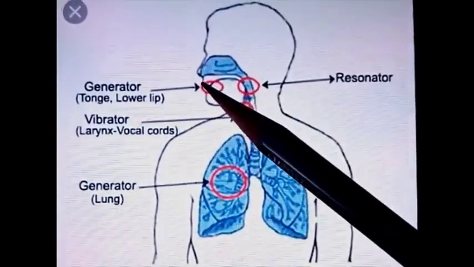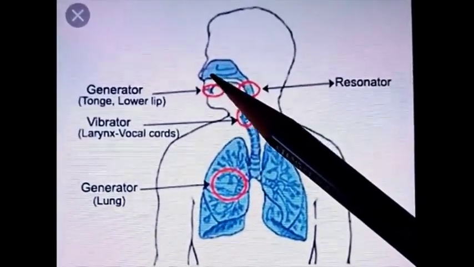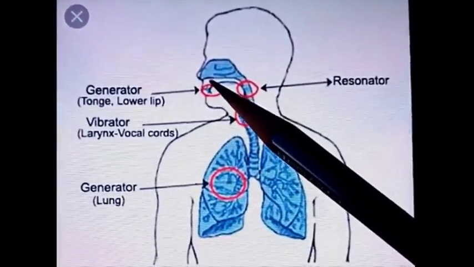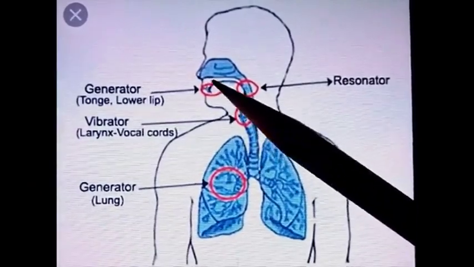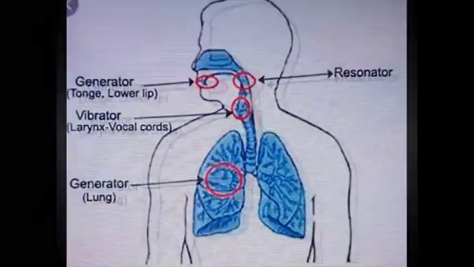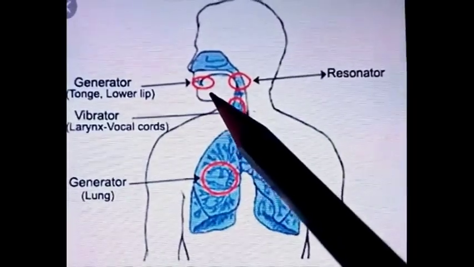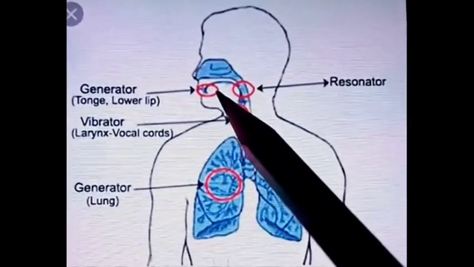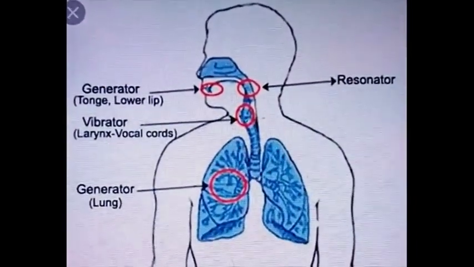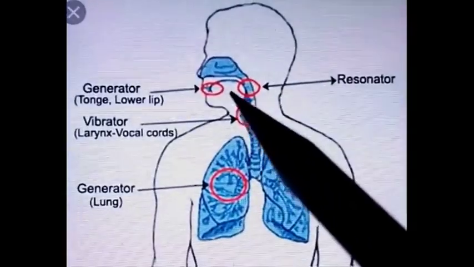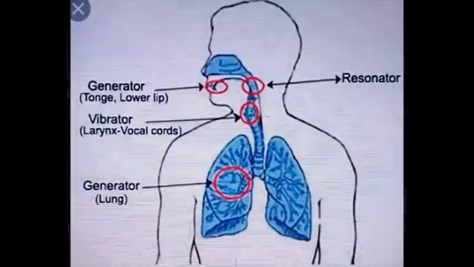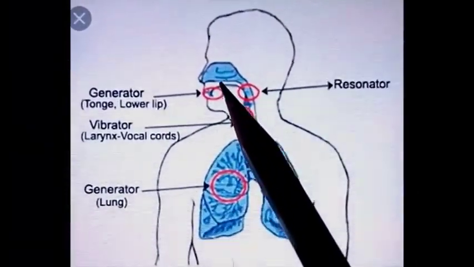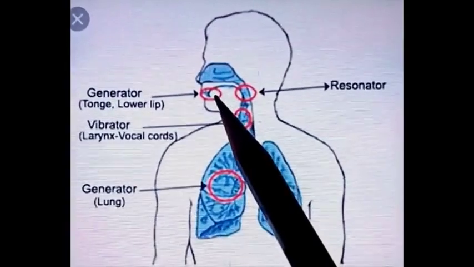Fourth step takes place at articulators. Articulators are the structures or parts of the buccal cavity that are responsible for articulation. These structures are palate, tongue, teeth and lips, and these are involved in the production of sound of consonants. These structures narrow down or stop the exhaled air and help in production of various consonants.